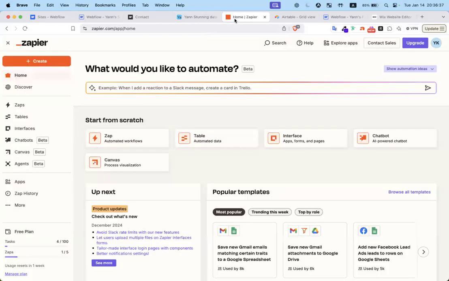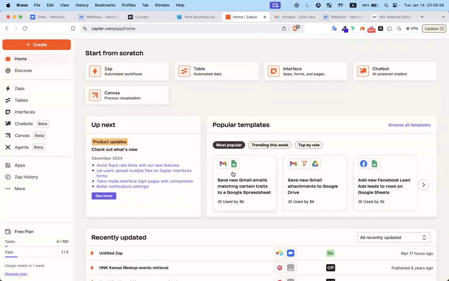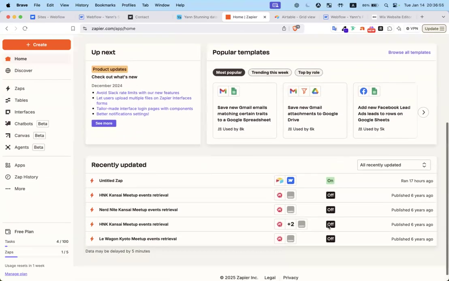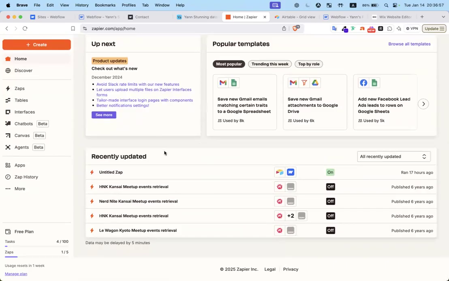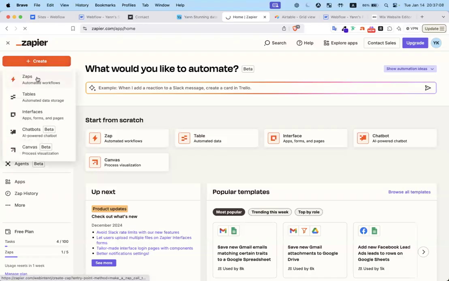It's called Zapier. Zapier is a no code service that is connecting tons of different no code services on the internet. So you can see that the popular connections are like Gmail to Google Spreadsheet, Gmail to Google Docs, Facebook to Spreadsheet, and so on and so forth. And we are going to connect Airtable to Webflow using one of those connections of Zapier. So I'm going to create a new Zap here,